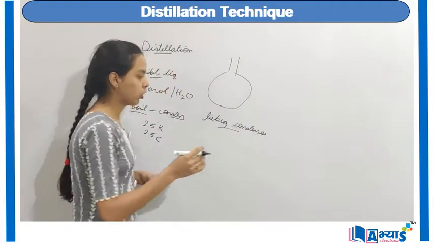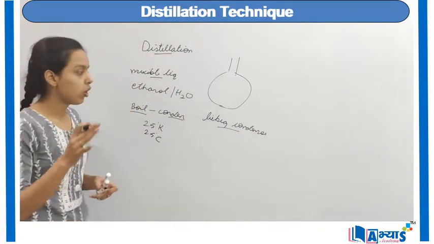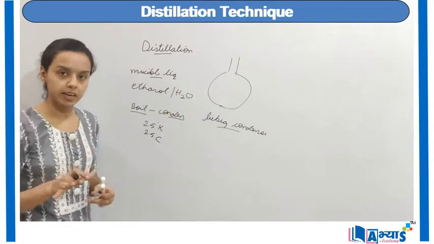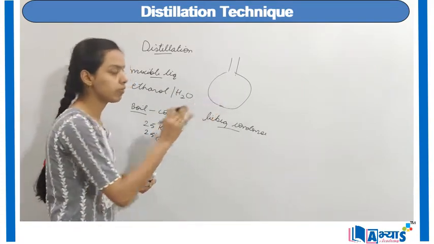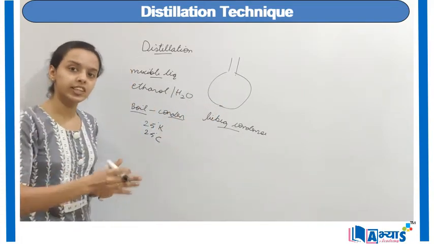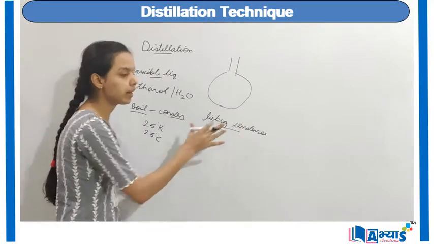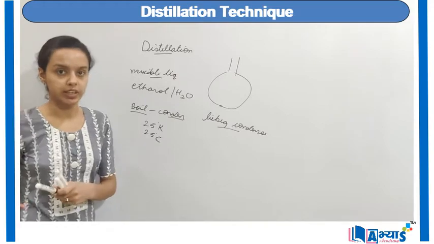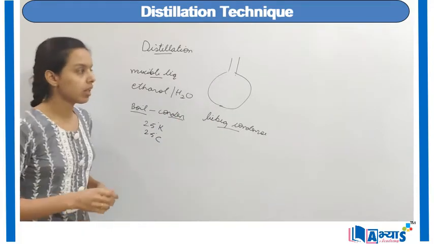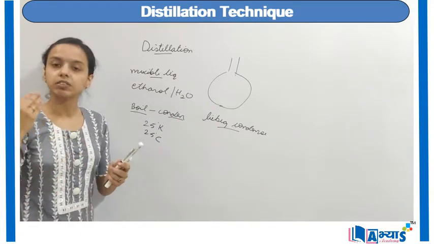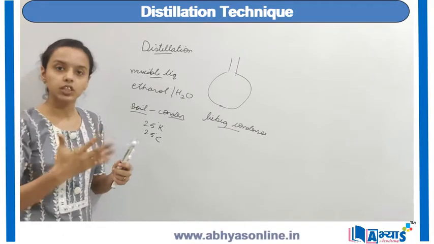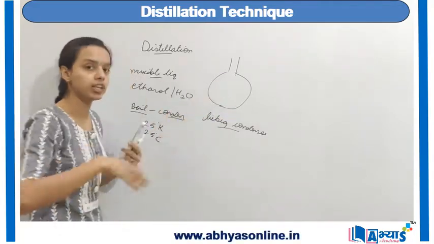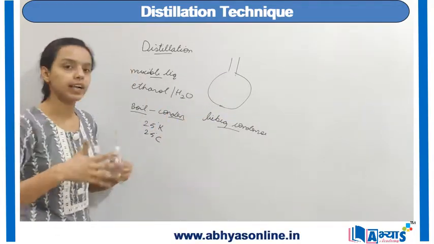This component of the diagram is very important, because boiling is done with the help of a burner, but condensation is done with the help of a Liebig condenser. It is named after Liebig, the scientist who developed the process of distillation. So when we have a distillation flask and a burner, and the burner is switched on, this solution starts to boil, or evaporate.